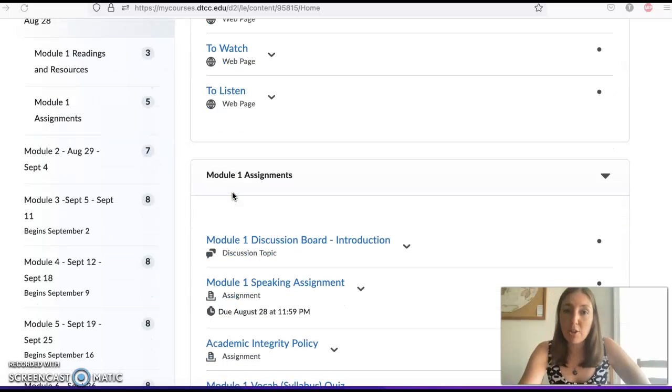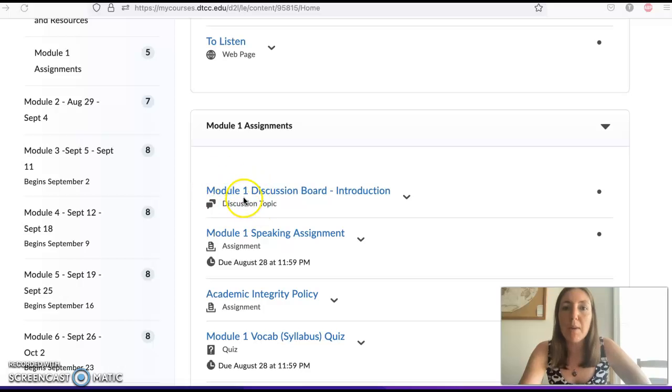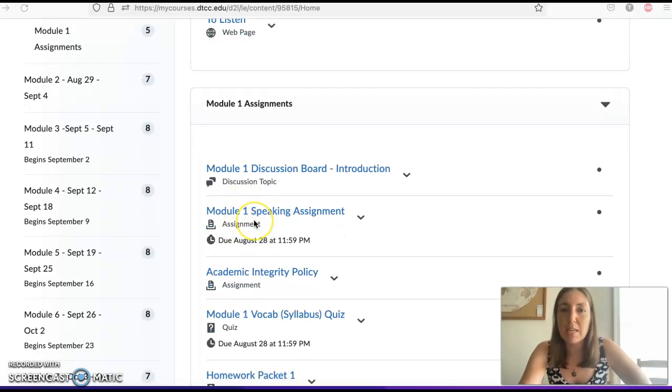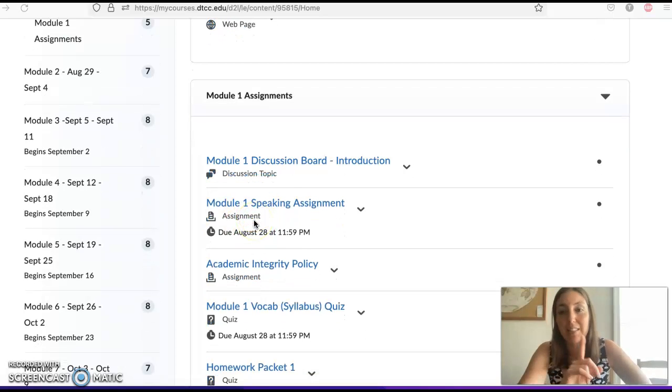Okay, so for the modules 1 and 2 assignments, for module 1, we have the discussion board. Make sure you get your initial post in by Wednesday. That's just in English, introduce yourself. And then the first speaking assignment, everything the first week essentially is set up to make sure that you know how to do what we're going to do. So the first speaking assignment is in English, and you're just going to introduce yourself. Make sure you know how to record audio, submit audio, make sure that everything is working. You also need to sign the academic integrity policy and submit it back here. You can either e-sign it or you can print it and take a picture of it.